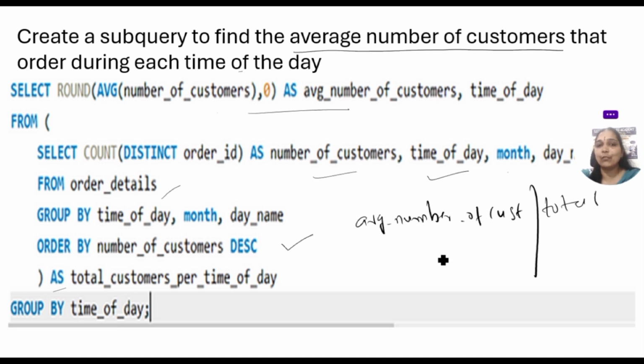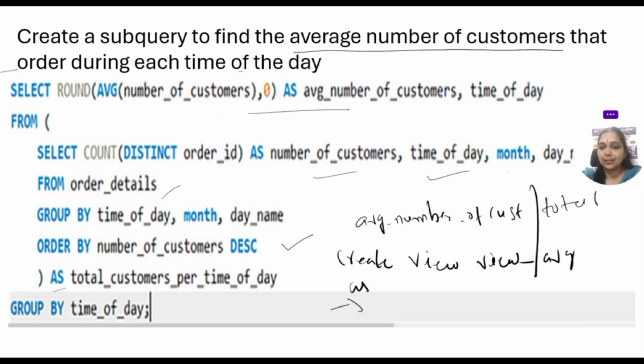If it is necessary, if you want to create a view from here, simply write create view, view name, as. Okay, a view is for saving the query. So create one view and write the view of average as, and the query as it is, so that you can create the view from this query also.